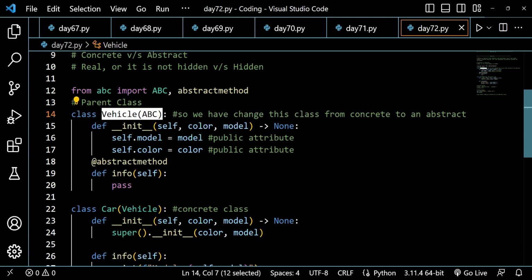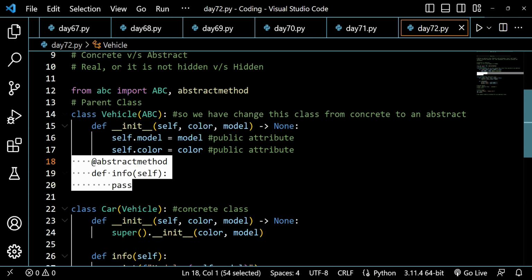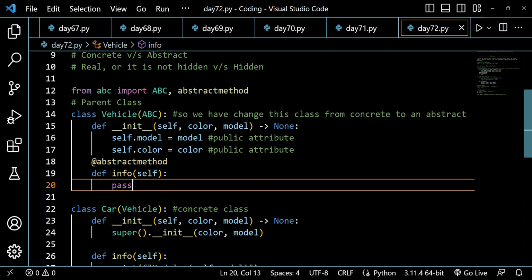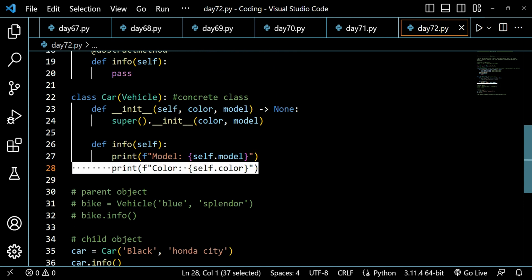So why is it needed to create an abstract method, and why do we have to return some value inside that method? Anyhow, it will not be able to run, right? So that's why we just put it like this,